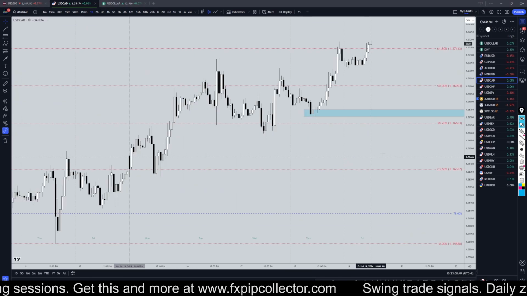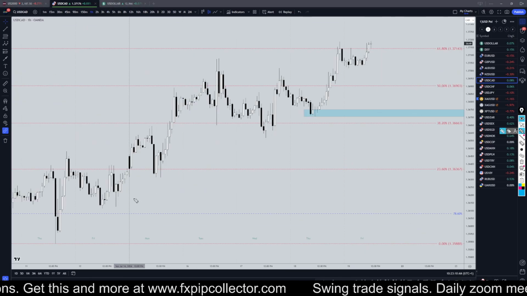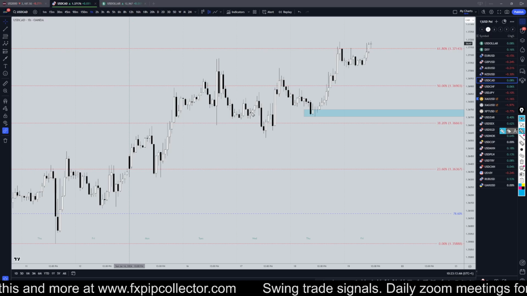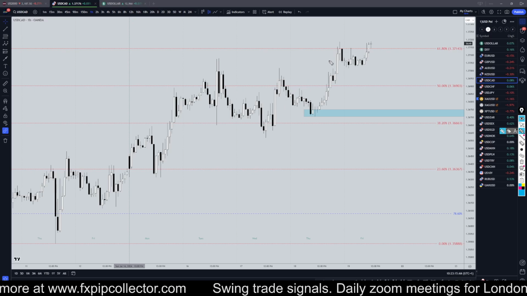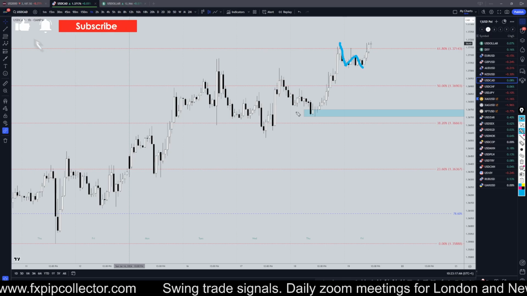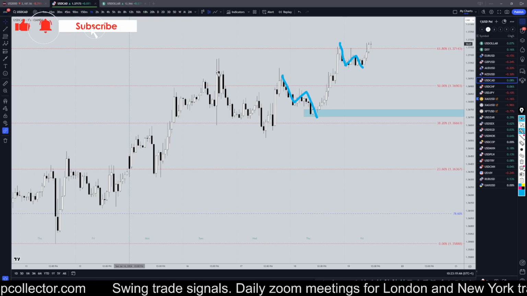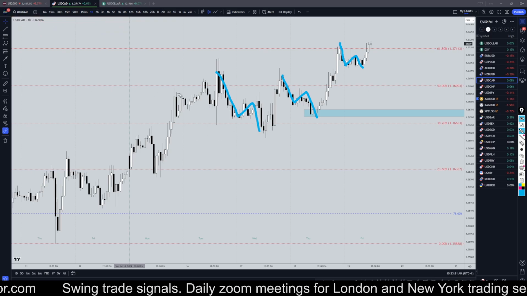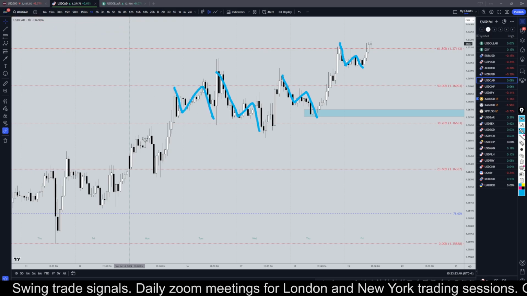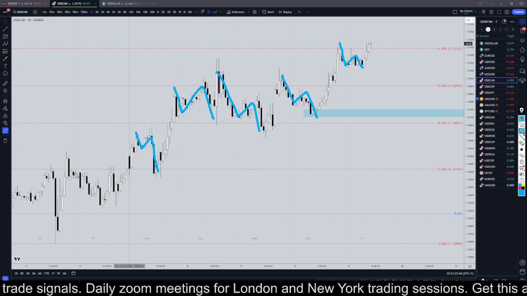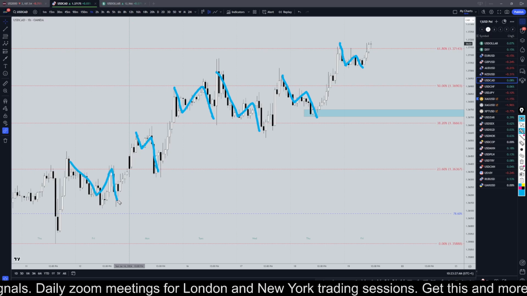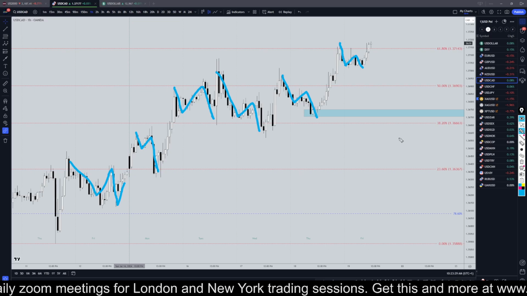Going down to the 1 hour time frame, we had quite a few very nice entries over the last couple weeks. I mean, nice little 1, 2, 3 entries, a little 1, 2, 3 down, A, B, C down. That's exactly what I look for all day long, these three-wave counter trend moves, so that way I can go long at the end of the three waves for the continuation of the uptrend.